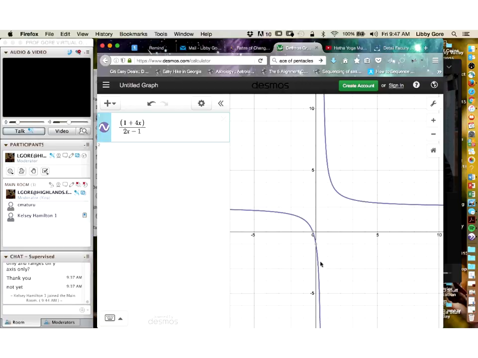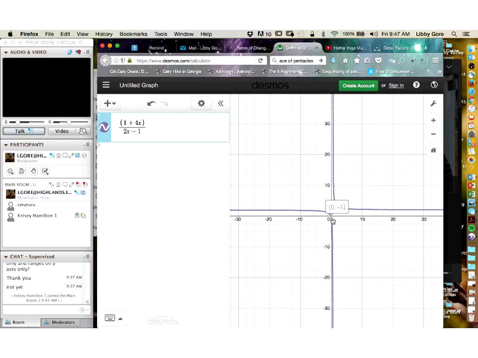That's the first, let me actually zoom out some. That's the first value that's showing in the little point, the coordinate points there. So if I try to move up to 1/2, notice I'm not quite there yet. I'm getting closer and closer to 1/2, but I can't actually get to 1/2 because there is no function existing at 1/2. This is what we call an asymptote. We'll talk about these much later.